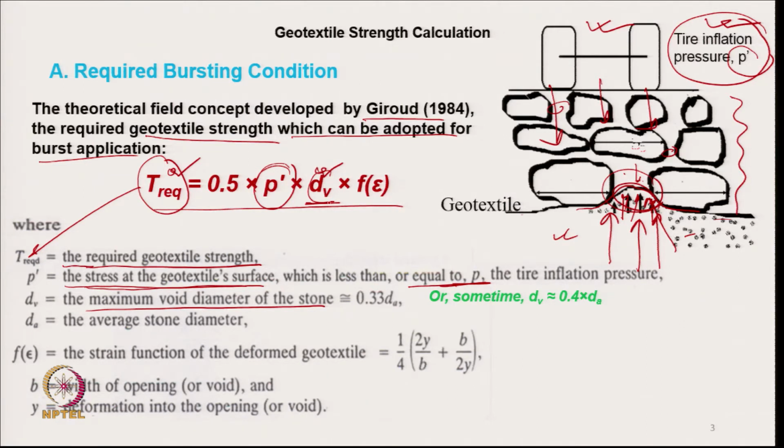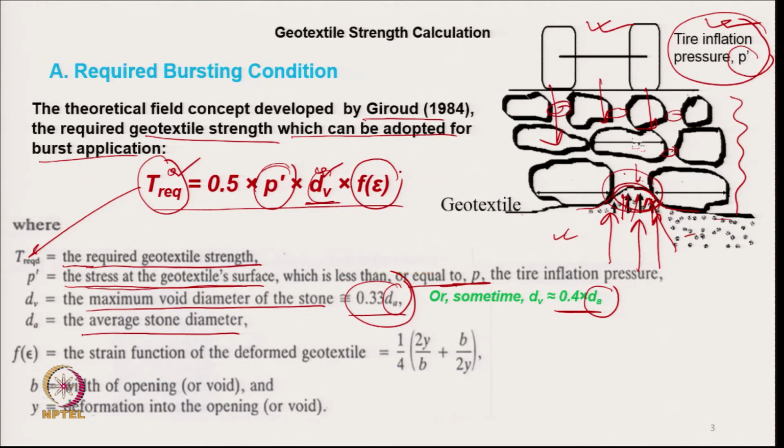which we can assume typically around 0.33 multiplied by average diameter of stone. So, this void diameter is typically 0.33 multiplied by diameter of stone. So, if we know the average diameter of stone, then we can calculate the diameter of void, or sometime we can use 0.4 into diameter of stone, and